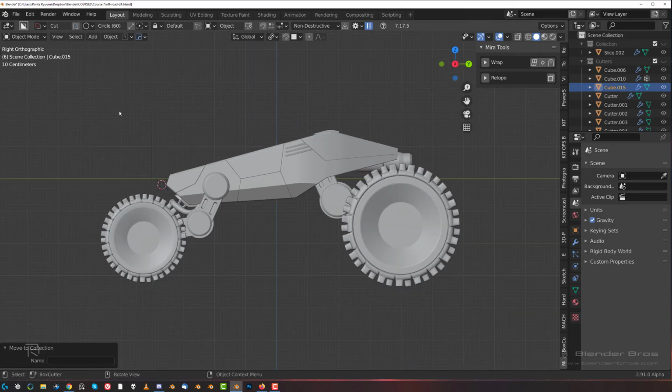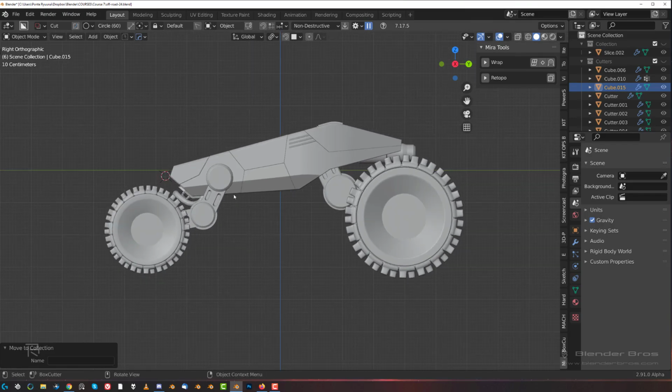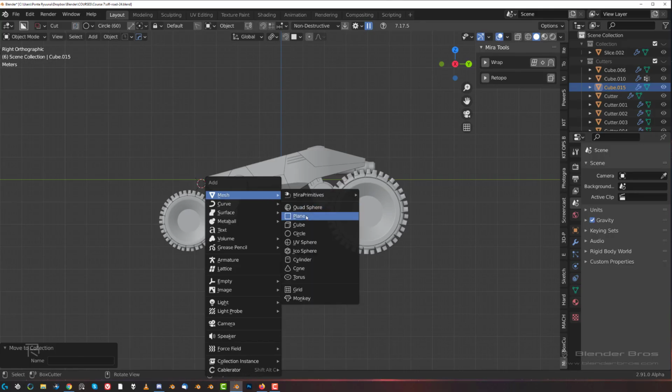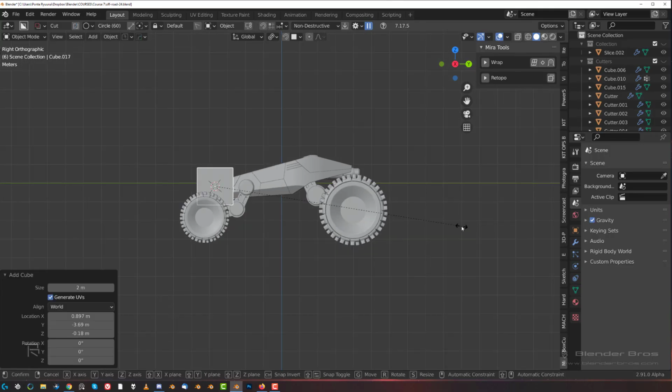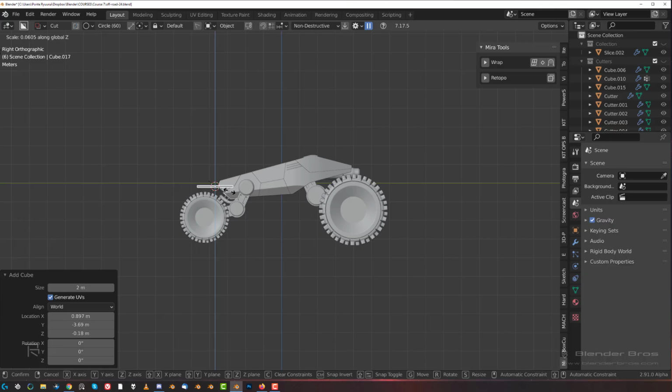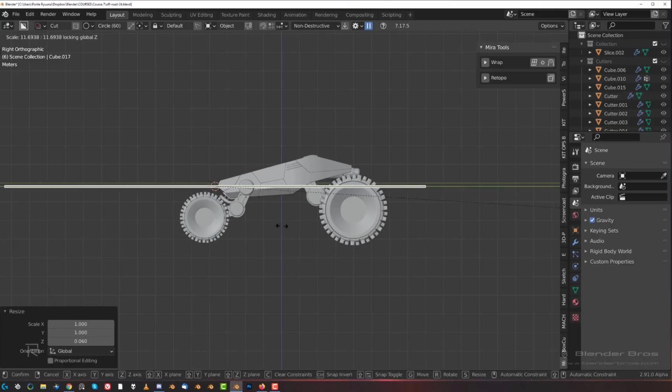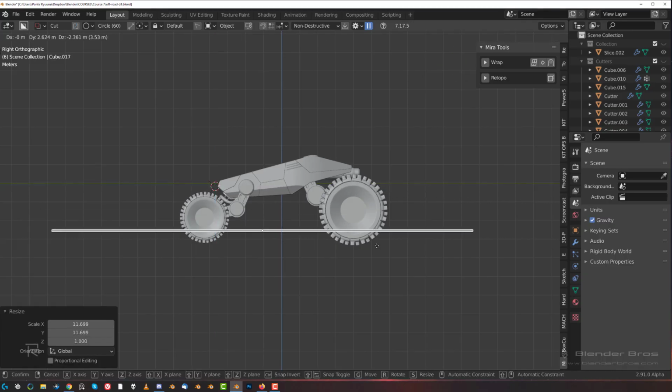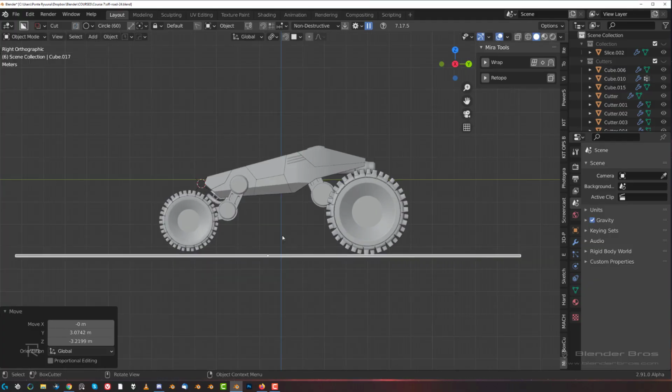Alright guys, remember like I said when I said that the wheels are not even. Let's fix it now. Okay, so let's flatten this cube and let's scale it and move it somewhere here so we can see the floor properly. And now